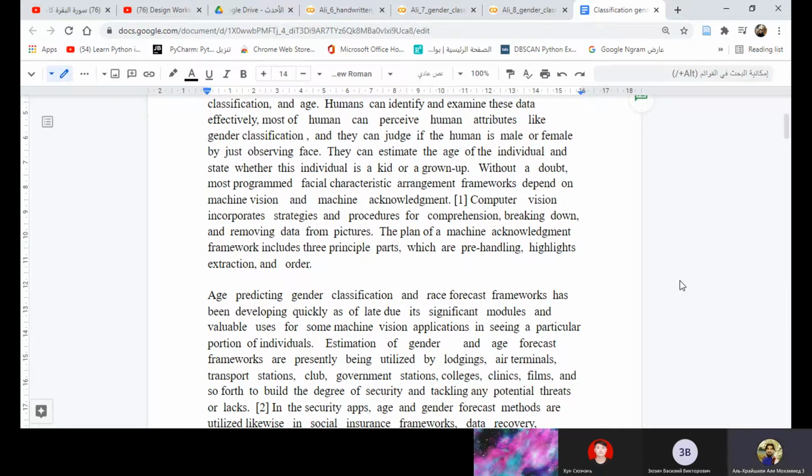The blind of machine analog document framework includes three principal parts, which are pre-handling, highlights extraction, and order.